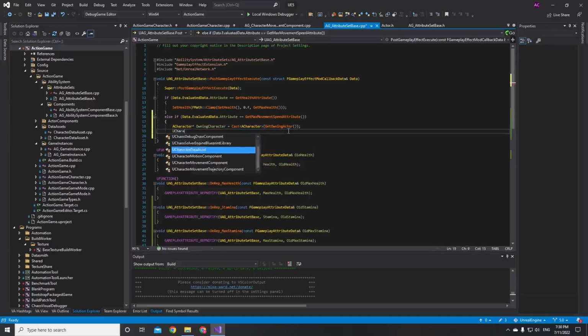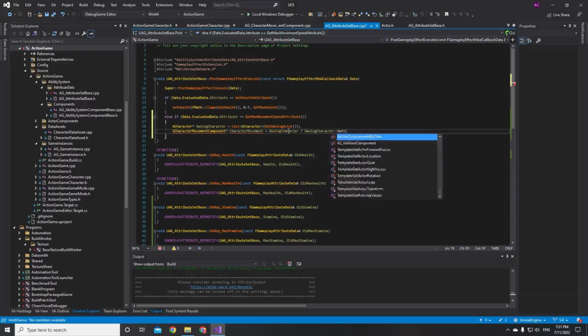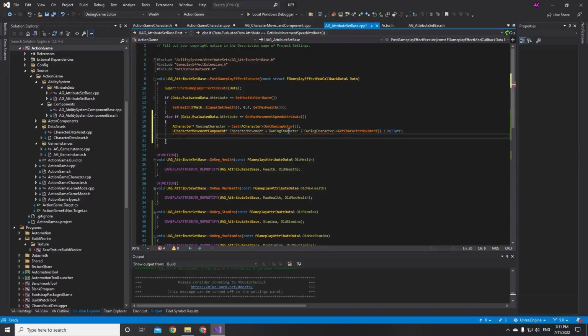Then its movement component. We get the attribute value,